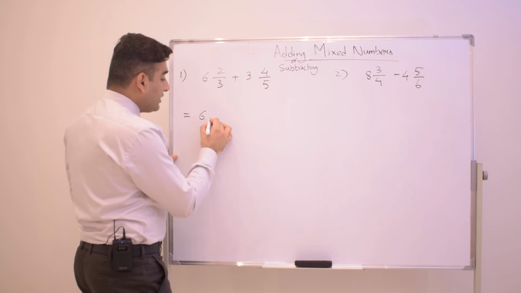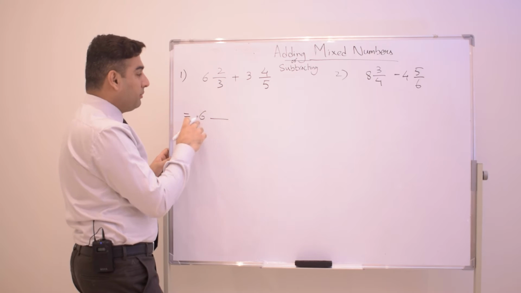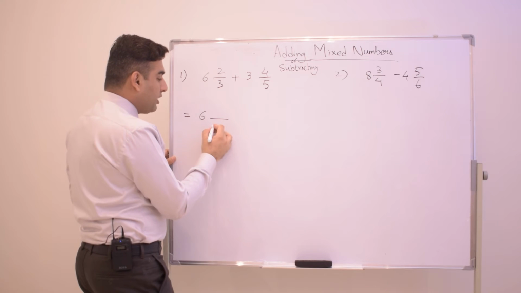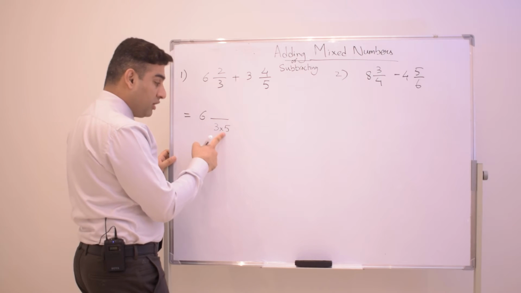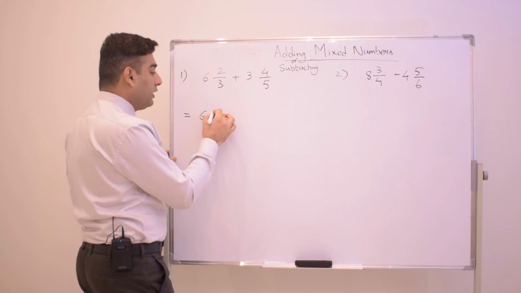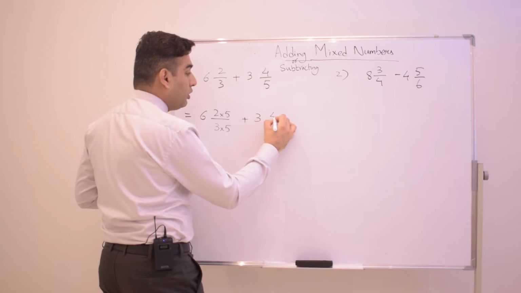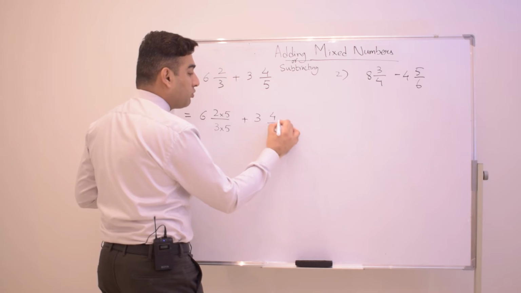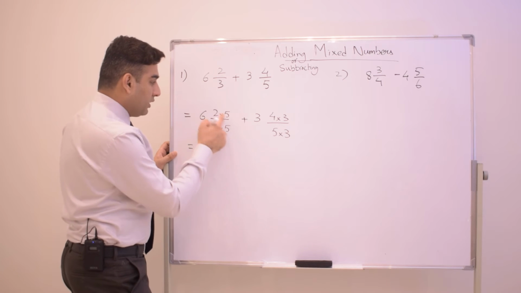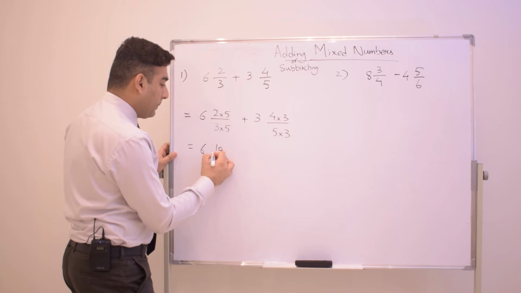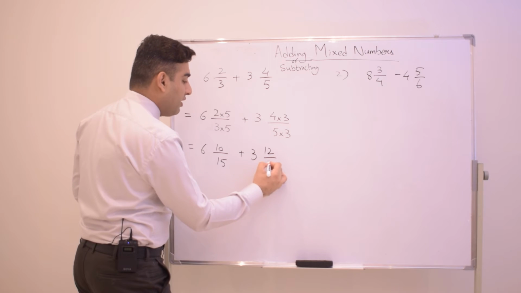Okay, so guys, now keeping the whole numbers as they are in the mixed number, I'm going to multiply 3 by 5. But guys, remember, not only the denominator but also the numerator, like this. And here also, 3 4/5, I will multiply here with 3 and here with 3. So 5 times 2 is 10, 5 times 3 is 15, 4 times 3 is 12, 5 times 3 is 15.